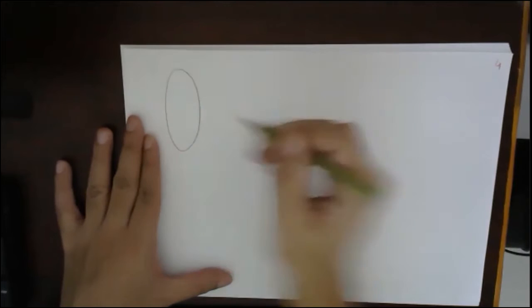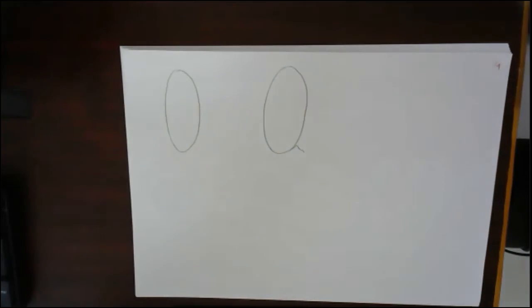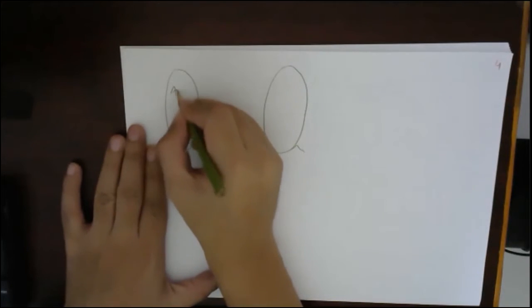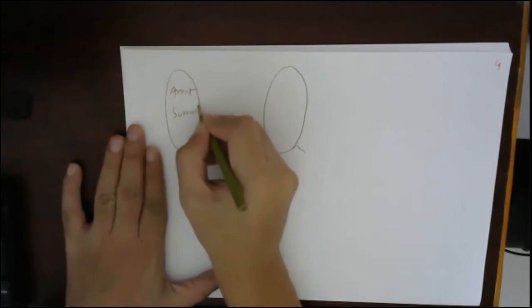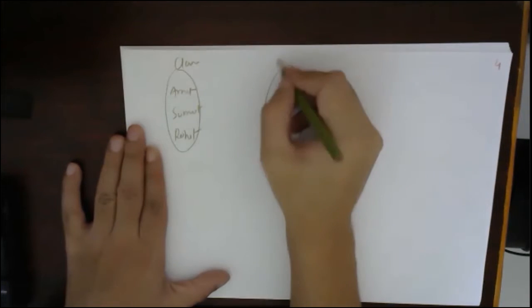Yeah, I will show you why. I will show you how. Suppose in a class, I will give you a very interesting example. Suppose your class teacher has started giving you random roll numbers, and the class has three students: Amit, Sumit, and Rohit. This is a class and this is a roll number.